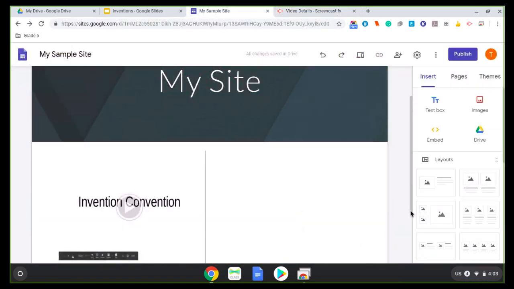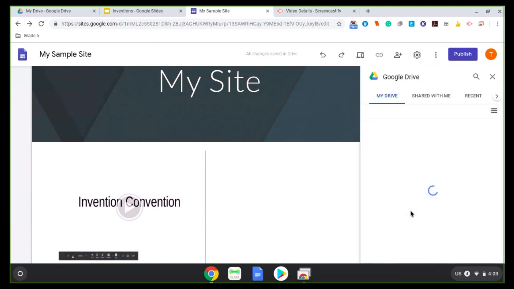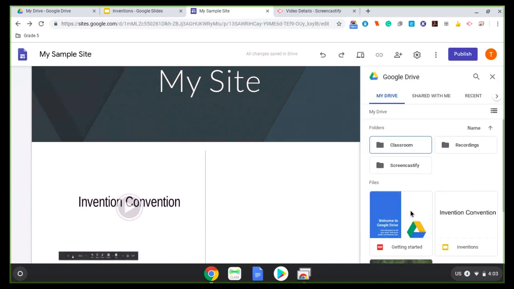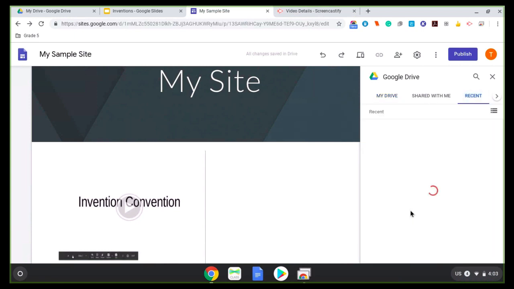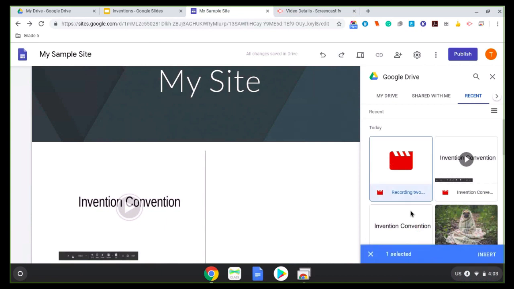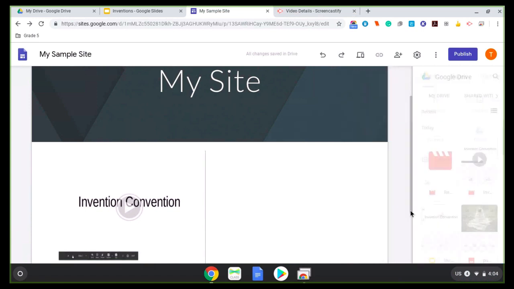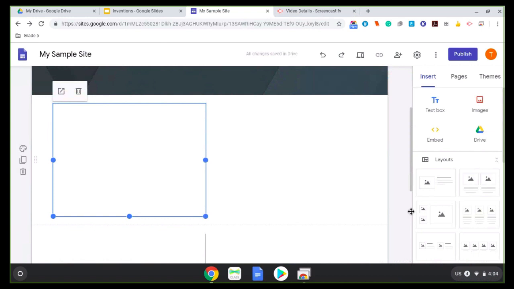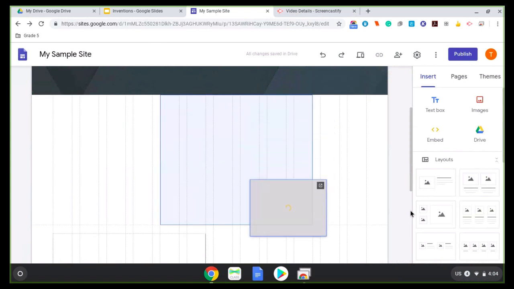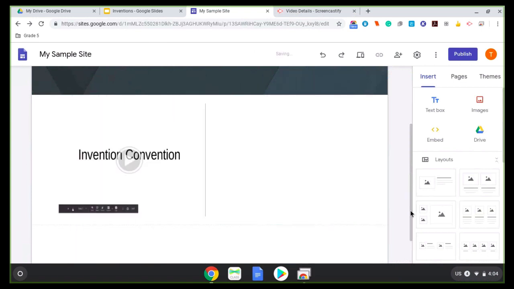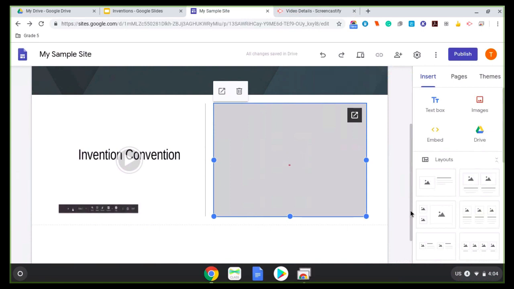And same thing, you're going to come back over here to the drive icon and under Screencastify, or you can even go recent. There you go, go recent. All right, there's your video that you want to put in. So whether you go recent or my drive depends on how long ago you did your video recording. Go insert, and then you can move your objects around and put them on the page the way you want. There we go, so now I've got them side by side. And then I'll go through that process